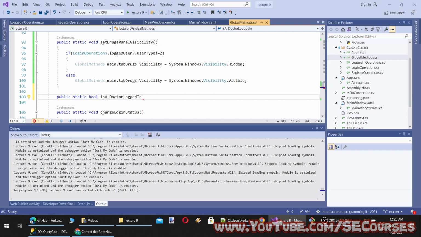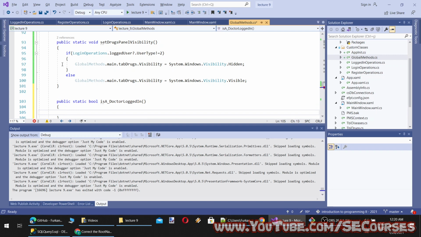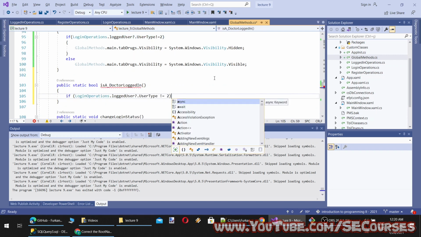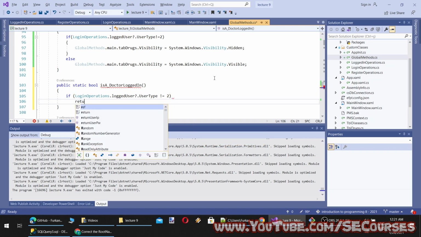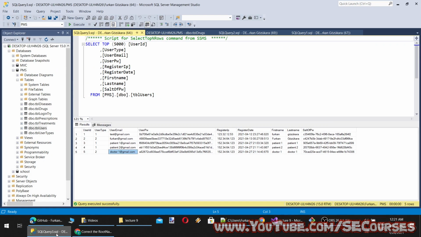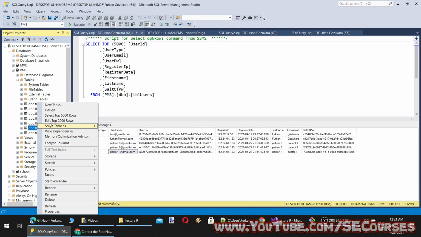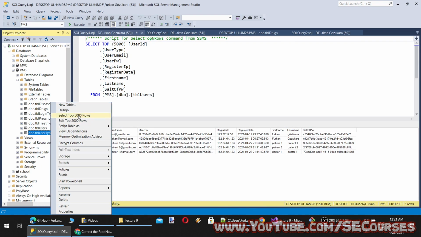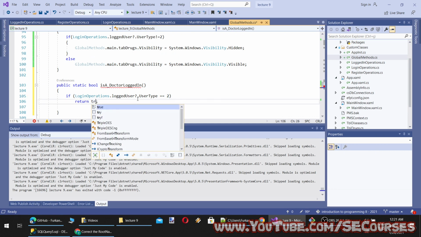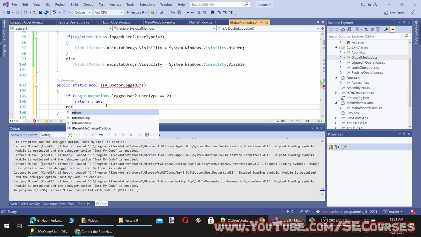Okay, and what this is going to do, it will just check this. If user type not equal to, return false. Okay, actually I need to check if it is equal to 2. If it is equal to 2, because there can be other user types as well, and we just need to allow for 2, it will return true, else it will return false.